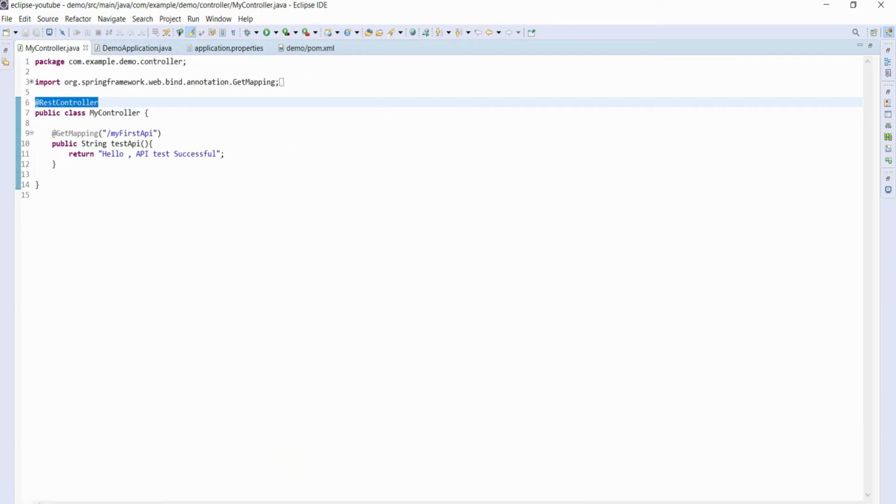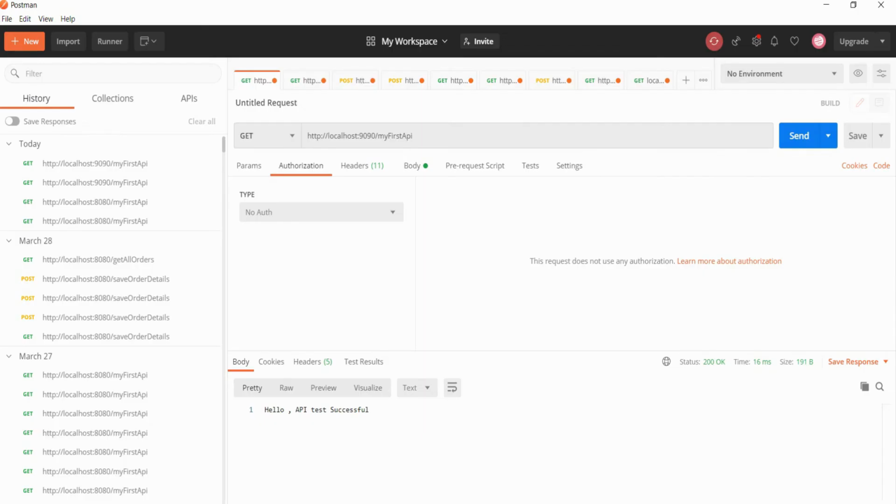Let me explain another annotation, that is @RestController. This annotation represents that this is our controller class. I don't want to go into the theoretical part of this annotation, but basically this is also a combination of two annotations, that is @Controller and @RequestMapping. So when you hit your API, like you can see here in Postman, when we hit our API, we get this response.